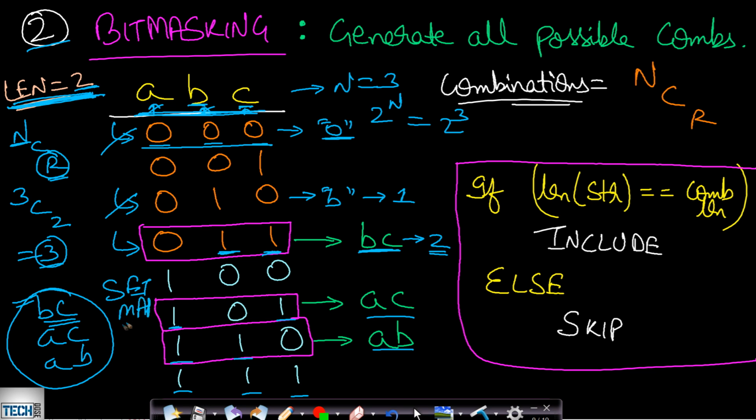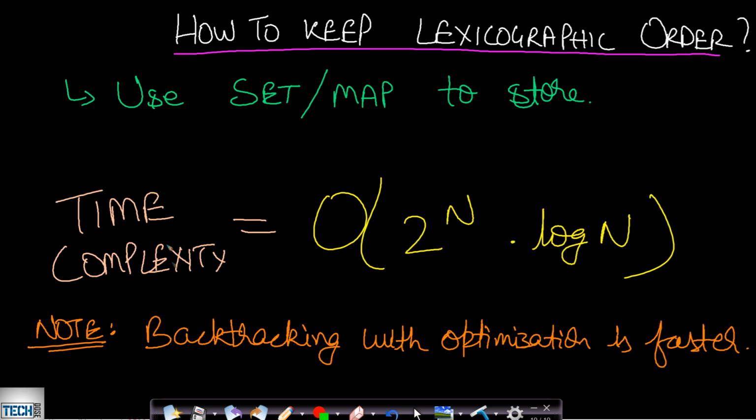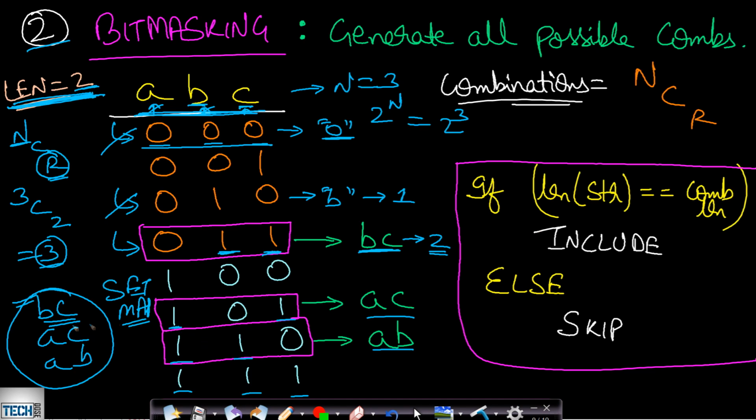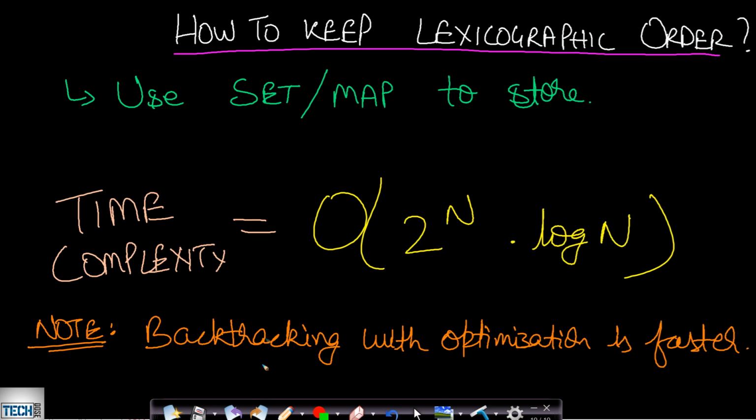Okay, so if we take a set or a map, then all the elements will be kept in sorted order. So in the previous case, it will be AB, AC and BC when we insert all these elements in our set or a map. So insertion in a map or a set is log n, since they are maintaining all the elements in a sorted order, and that is basically a self-balanced tree.